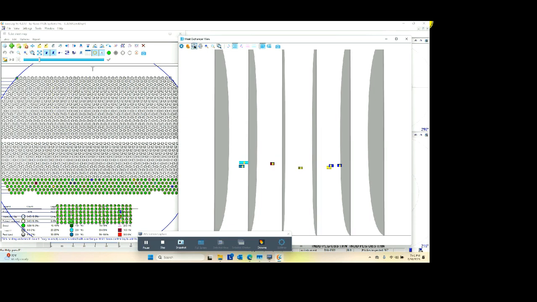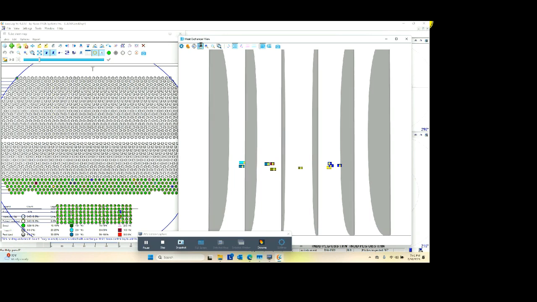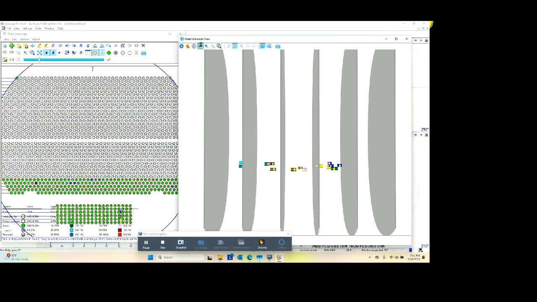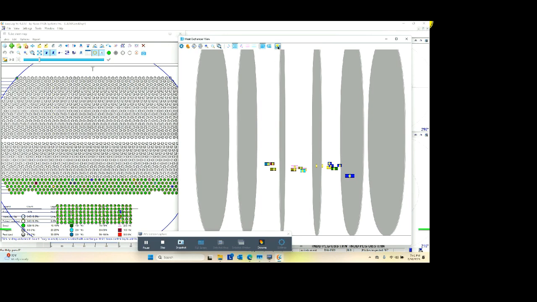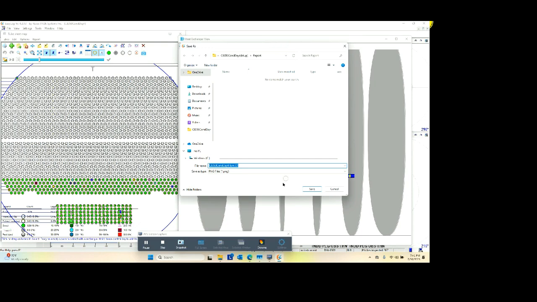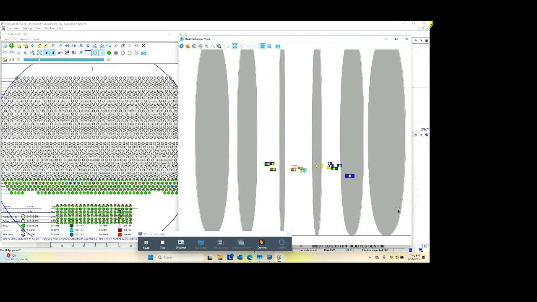But if you wanted to do sort of an overview of where all the defects are, you can zoom back out to where you see all the defects. Maybe you want to do a screen cap, you just click the screen cap button and tell it where to save it. And there's a default location there that will capture all of those. And now you can put that in your report and say, okay, here's the front tube sheet where we did our inspection from. Here's the back tube sheet, and the defects are grouped between tube sheet number 1 and tube